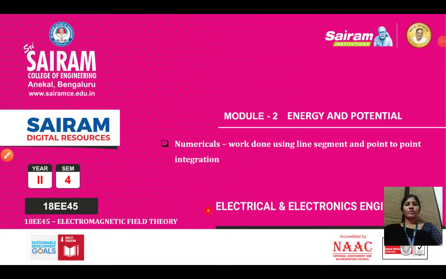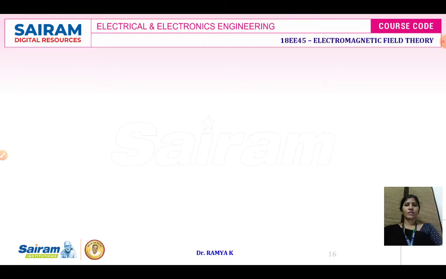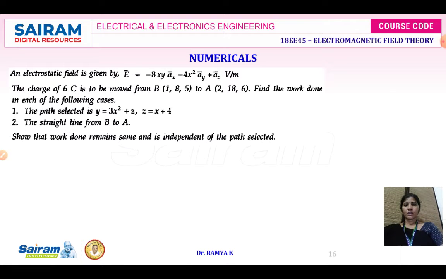Good morning students. In today's session, we will see some more numericals to solve the work done using line segment and point-to-point integration. Take down this problem. An electrostatic field is given by E is equal to minus 8xy ax vector minus 4x